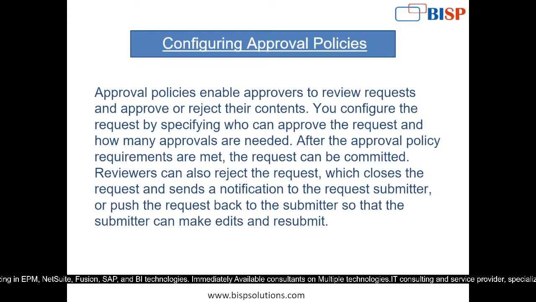Okay, so then we have configuring approval policies. Approval policies enable approvers to review requests and approve or reject their contents. You configure the request by specifying who can approve the request and how many approvals are needed. So basically we can define who can be the approver and how many approvals are needed for a particular change. For every request, after the approval policy requirements are met, whatever configuration we provide in there,